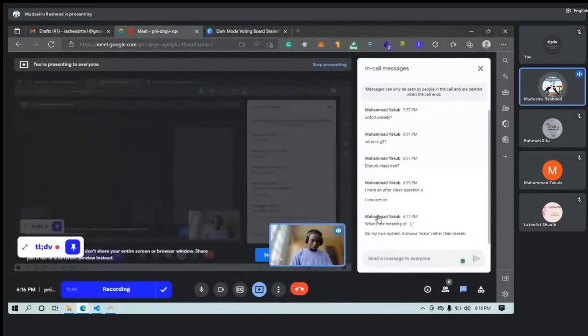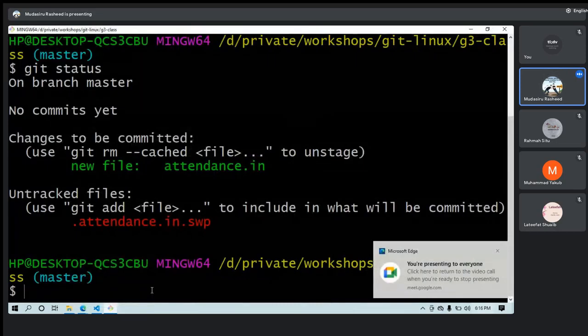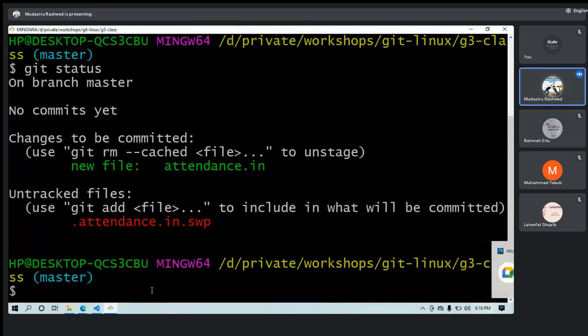Okay. Maybe Ramata should check his network, but I will try to take that part again. I have to take that and I can see what the meaning is on my own system. It shows main rather than master. Yeah, it will show me because you just installed Git. You know the number of years I've had my Git installed. Don't worry, we'll get to all of that. I can configure this one to show main too. I just have to run git config and do the configuration there. It's possible. So don't expect yourself, okay?